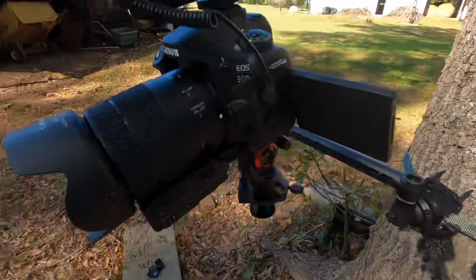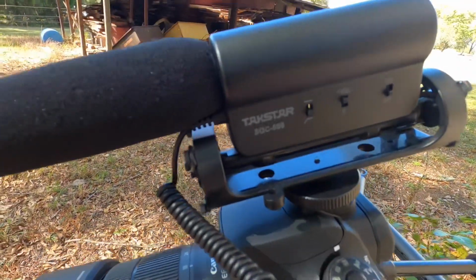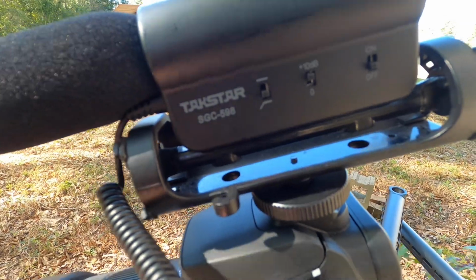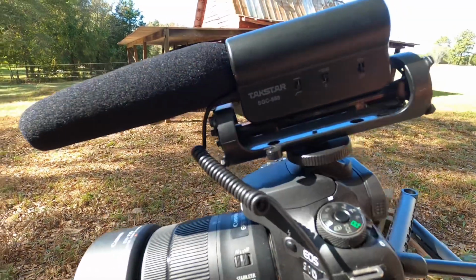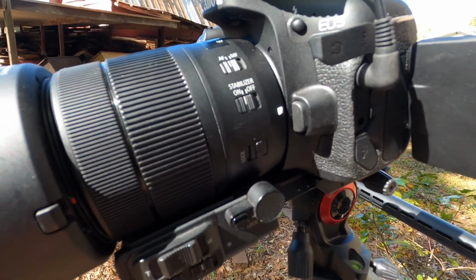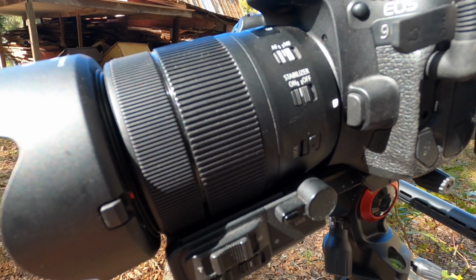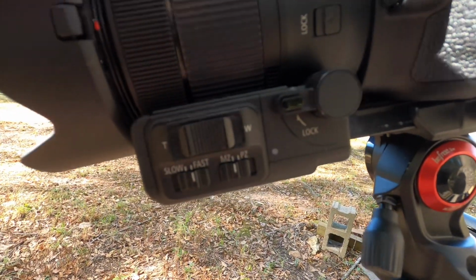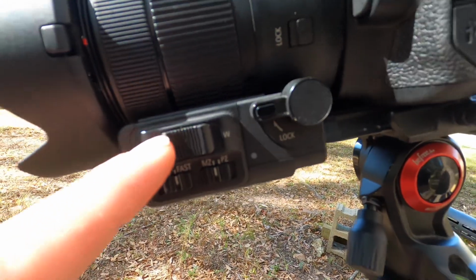this camera. The microphone I'm using with this main camera setup is the Takstar SGC-598. Really happy with how this microphone has performed. With this Canon 90D, I'm running the 18 to 135 millimeter lens. I like this lens a lot, and mainly the reason I got it is because I can run this system